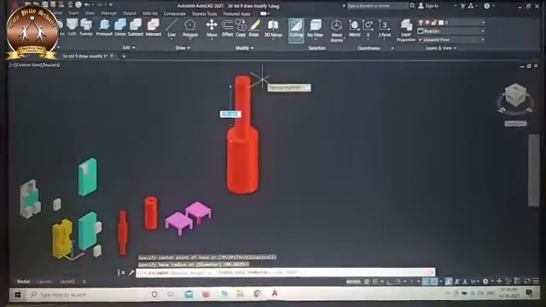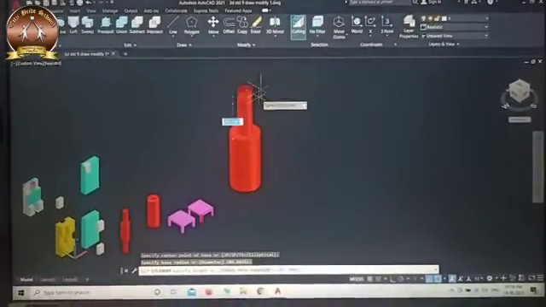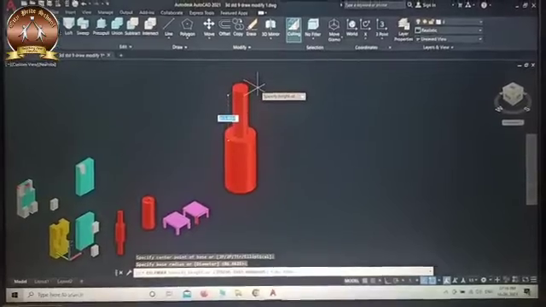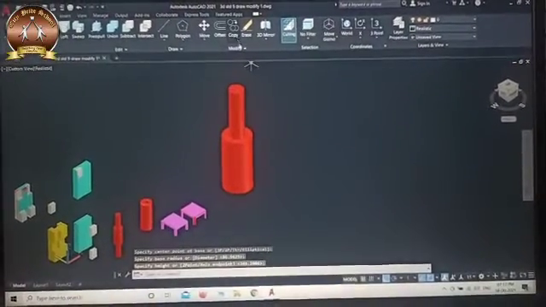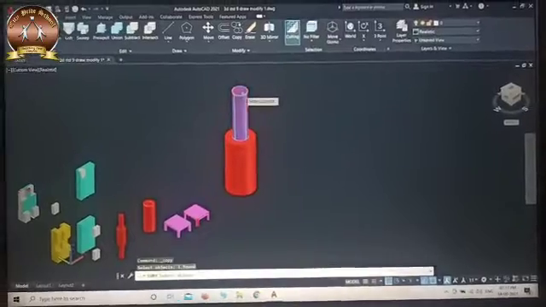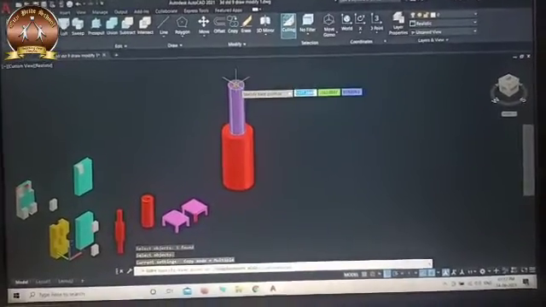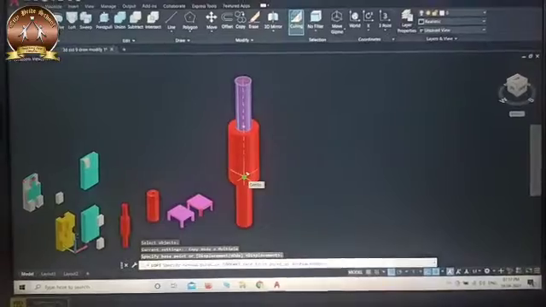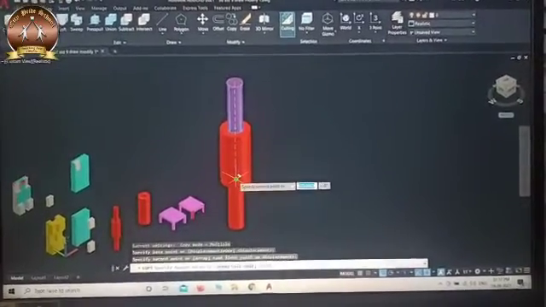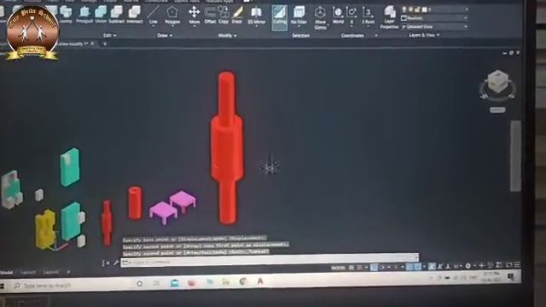So another cylinder will be at the center of the previous cylinder. Now you can copy this. Copy, select, enter, give this base point and drag this to the big cylinder bottom center and say escape.